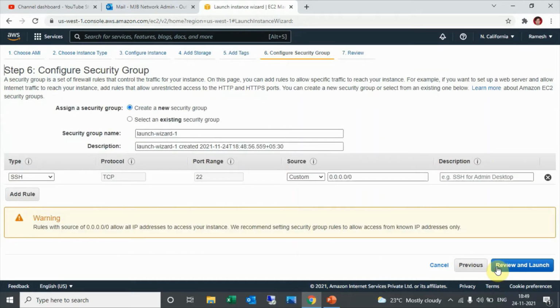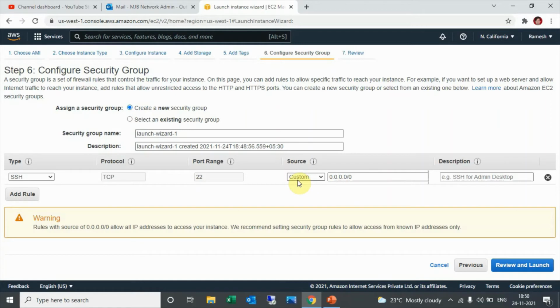The security group will work as a firewall for this EC2 instance. So you can allow and deny ports. Normally we will access Ubuntu using SSH. So by default it comes here with SSH, port number 22. Source by default came with custom 0.0.0.0/0, which means you can access it from anywhere.